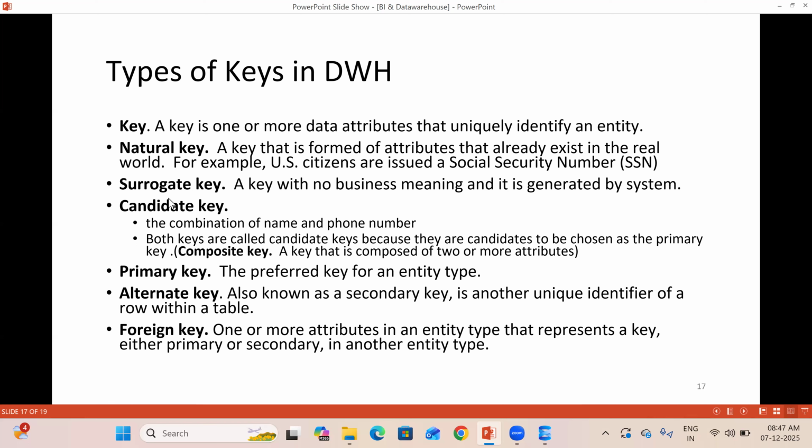Okay, so then surrogate key. A surrogate key has no business meaning, and it is generated by the system. Let me give an example. You'll be creating a table, and if you want to create an extra column to show your data in a unique way, then we'll be creating it with our queries or with our system. That's called a surrogate key. We have the same concept in SQL, where we call it an identity key or identity column, which will help to give